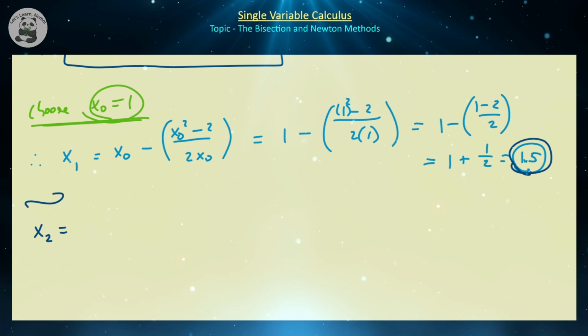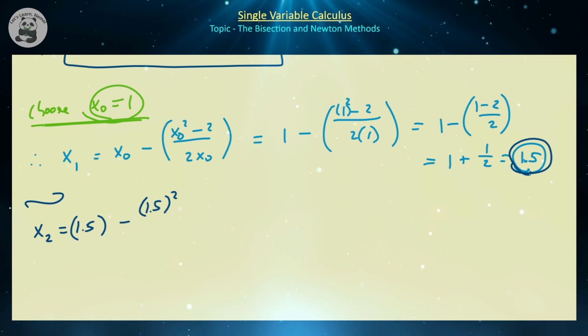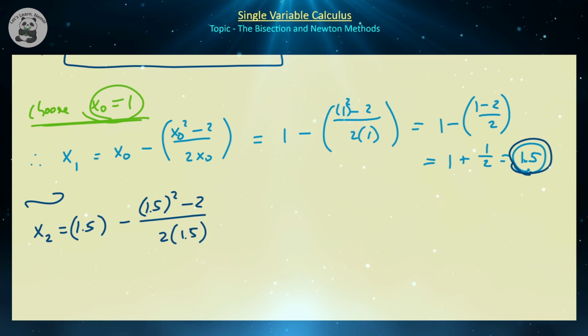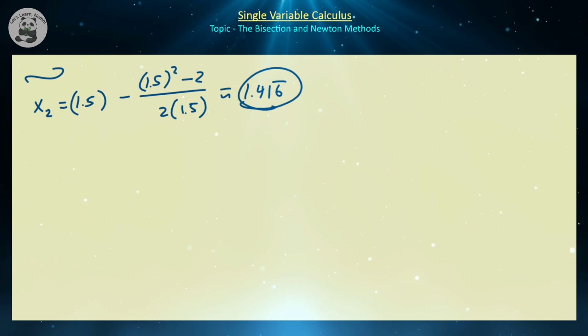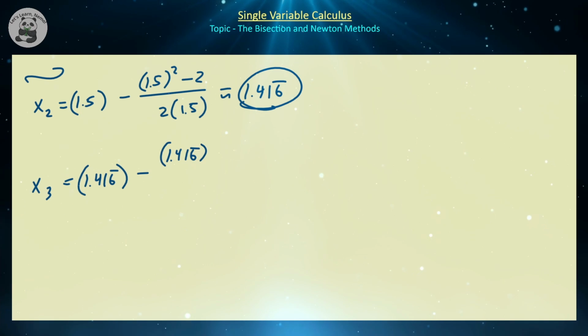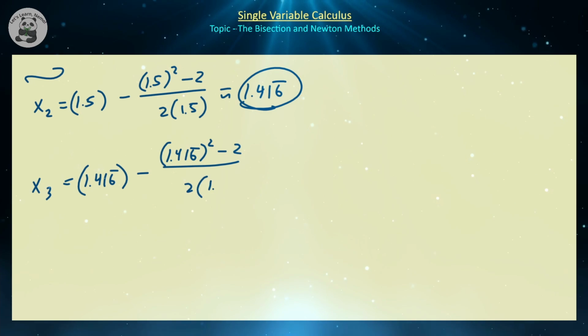So x2 is going to be equal to 1.5 minus 1.5 squared minus 2 all over 2 times 1.5. And that's going to come out to approximately 1.416 repeated. So the square root of 2 is approximately equal to 1.42, which is actually pretty good. And if we want x3, that's going to be equal to 1.416 minus 1.416 squared minus 2 all over 2 times 1.416. And once we plug that in, we're going to get